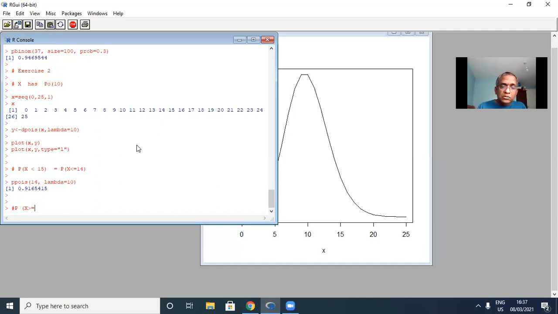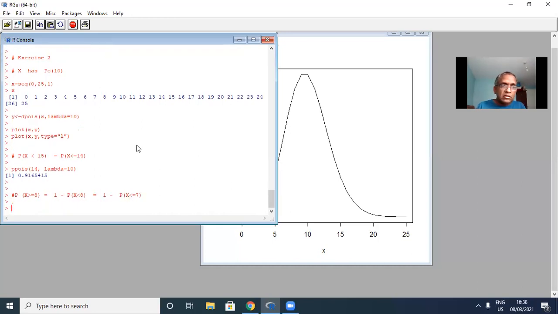And the question is also asking you to find the probability that x is greater than or equal to 8, which, I'm sure you know, is from probability 1. This is the same as 1 minus the probability that x is less than 8, which is 1 minus the probability that x is less than or equal to 7. All right, so if you want to compute this in R, you will say 1 minus P Poisson 7 lambda